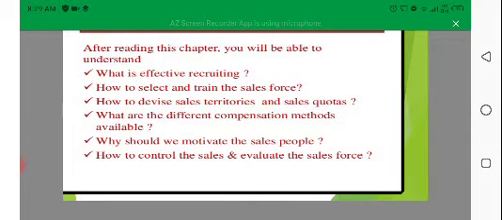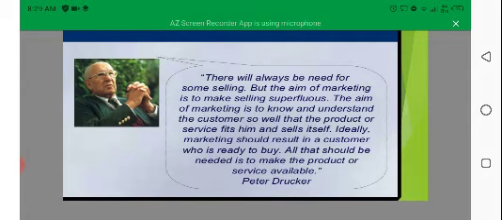So we are discussing the first part. Selling is only the tip of the iceberg. It means selling is a big thing, but we are just discussing that there will always be a need for some selling,